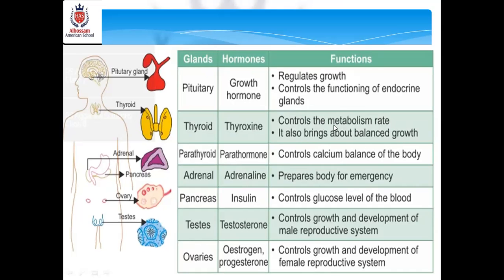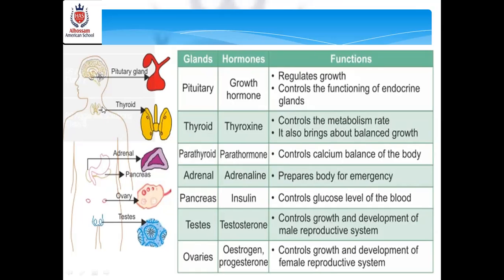Who can tell me what's meant by metabolism rate? Excellent. It's the reactions that happen inside your body. Different reactions occur, like the breaking down of glucose to produce energy. This is metabolism. This is a metabolic reaction that needs enzymes to be finished. Who controls all of these metabolic reactions? It's the thyroid gland. Actually, while we are sitting and taking this session, more than 1,000 metabolic reactions are happening inside the body, controlled by what? By the thyroid gland.